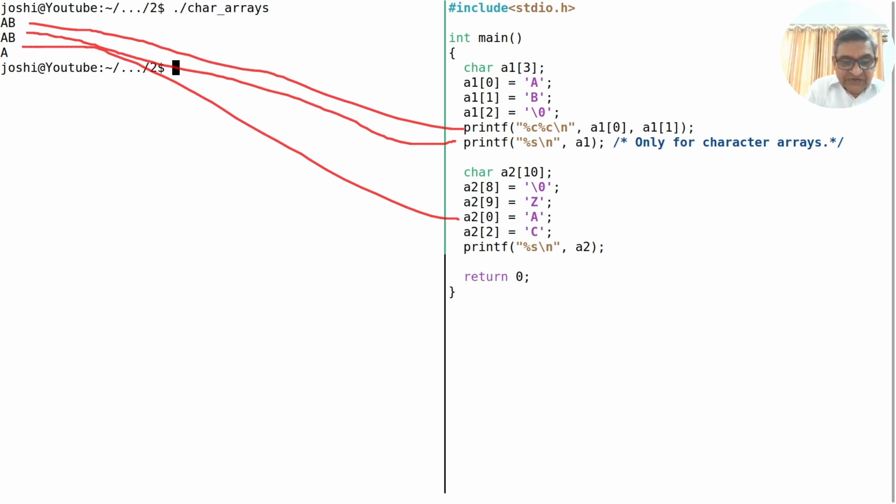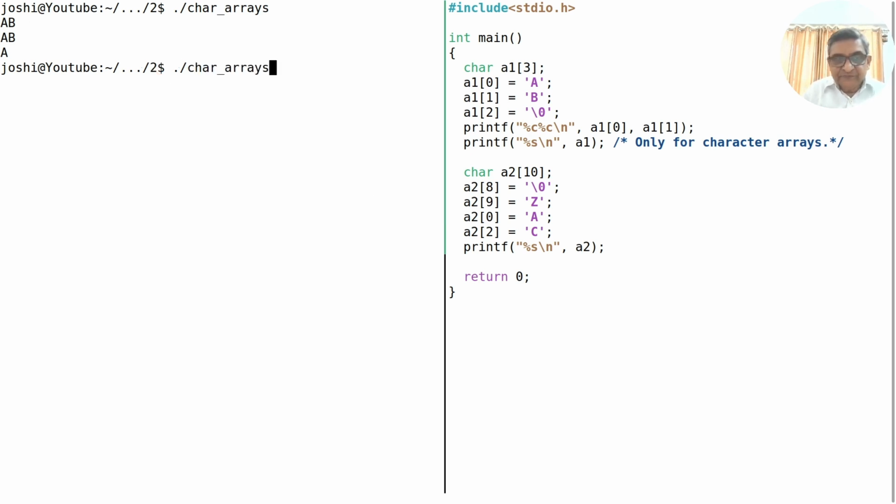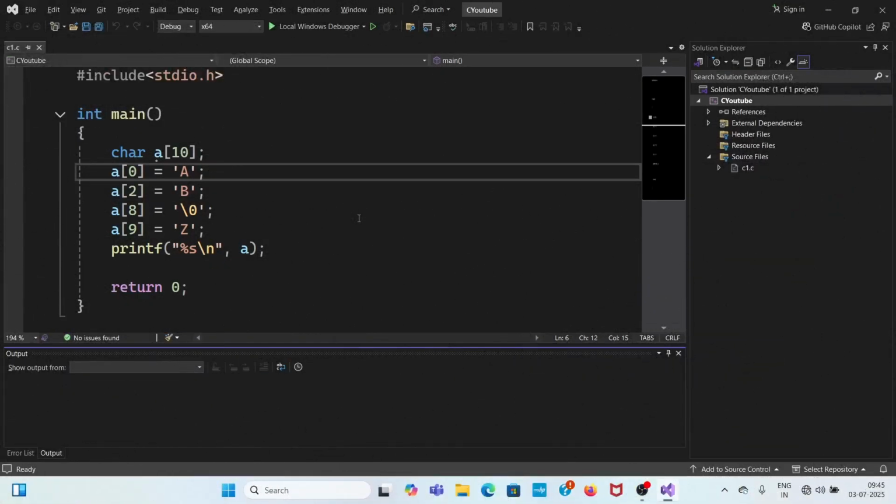We can check it by rerunning the program. Again, it does the same thing. It means by default this particular compiler assumes the null character in character arrays for those locations which have not been initialized. Here I am using a Visual C++